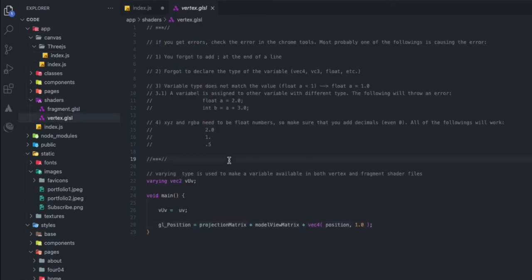Vertex is gonna be simple, nothing special. So I'm just doing my gl_Position here, very basic, just using the projection matrix, model view matrix, and then basically assigning this whole thing to my gl_Position. What I will need in my fragment shader is the UV coordinates, so I'm defining a varying so that I can grab the UV over here, save that as vUv, and then I'll have access to that vUv in my